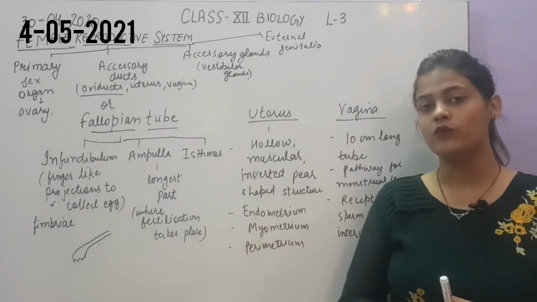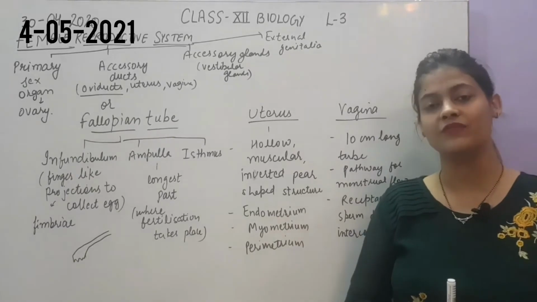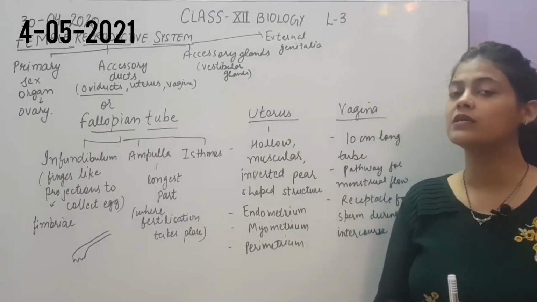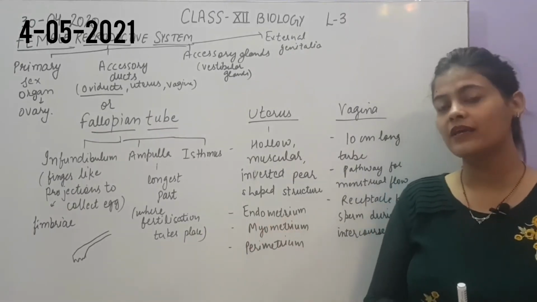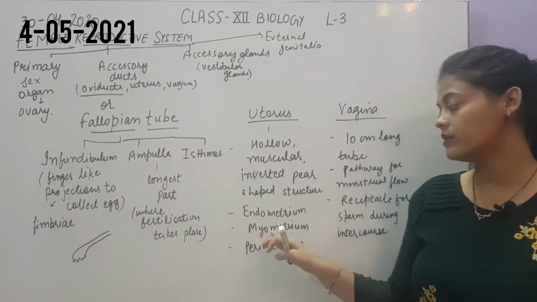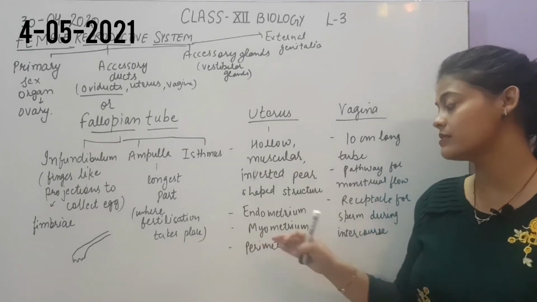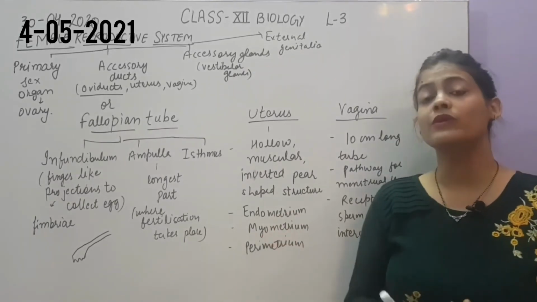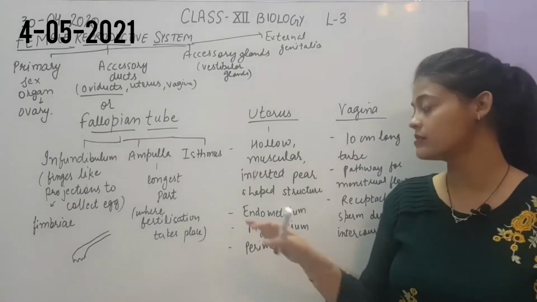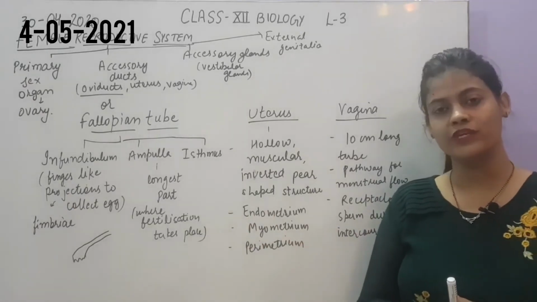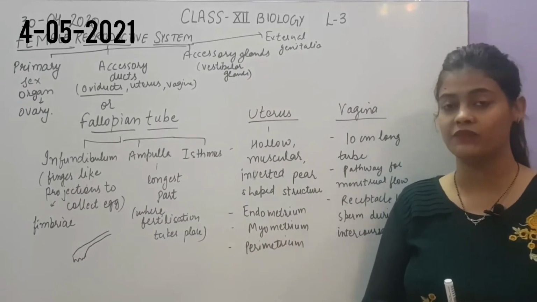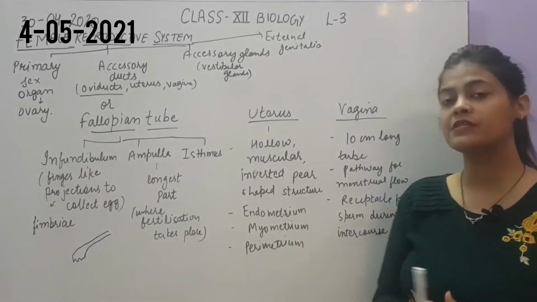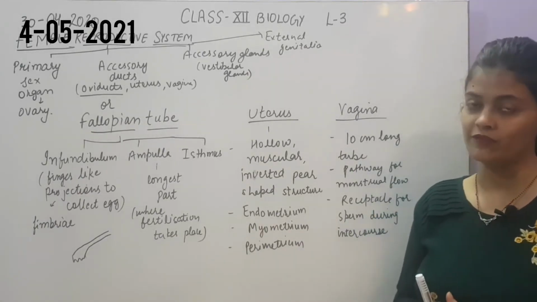Endometrium is with the rich supply of blood. As puberty starts in females, this endometrium with the rich supply of blood is released out from the uterus, from the body, in the form of menstrual flow. Then myometrium is the middle one, which has the muscular arrangement that will help in the contraction of the uterus for release of the menstrual blood out of the uterus, as well as at the time of delivery. The contraction of the uterus is because of the muscles present in the myometrium. And perimetrium is the outermost one, which is just a protective covering.